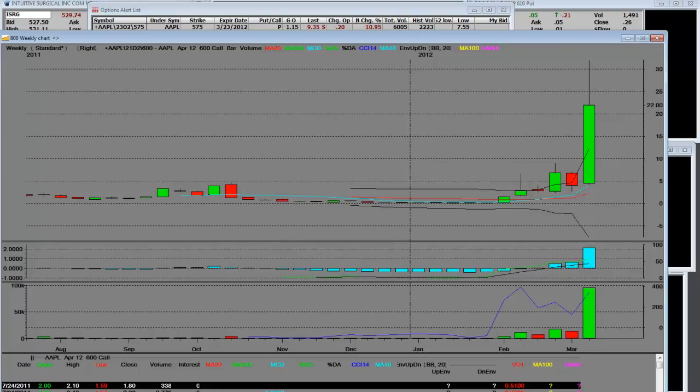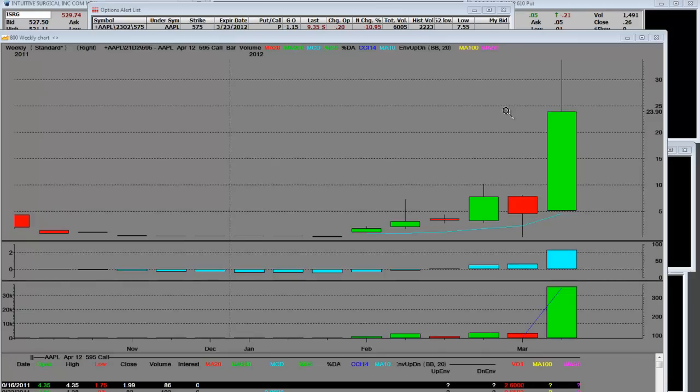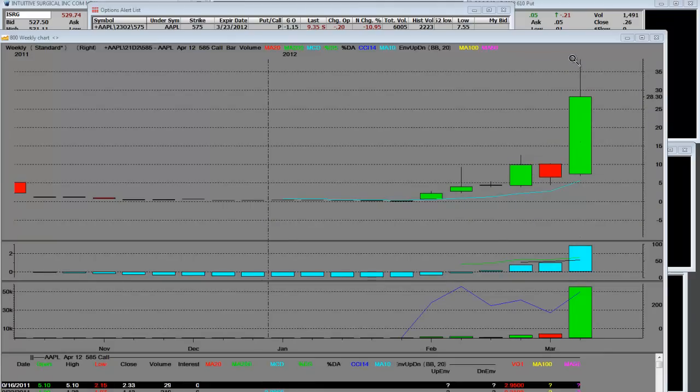Let me just show you some other strike prices, MMTs. Here's that 595 April call that too got straight up at the highs. Look at it. They get inflated, but inflated calls have to have shakeouts, and it lived up to its word last week. Here, let's take a look at the 585. They all look the same. That's a 585 call right here, deep in the money.